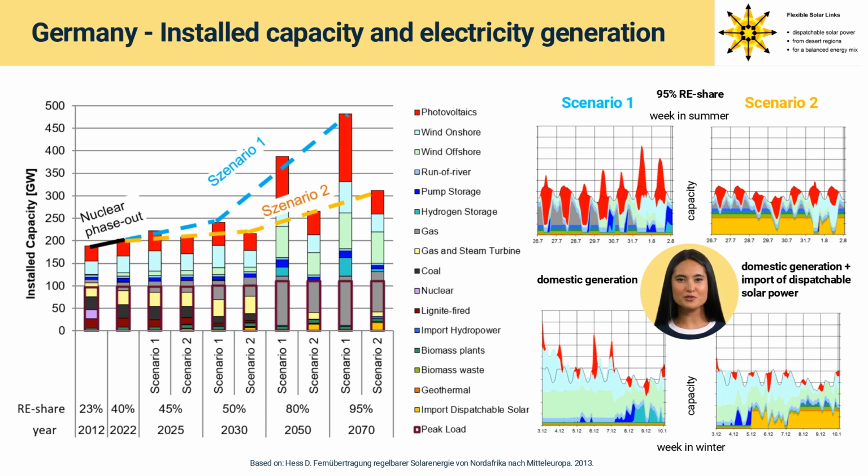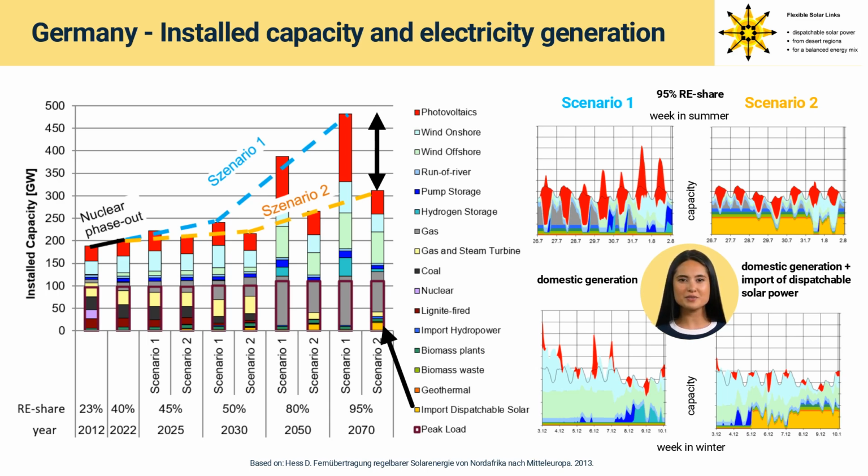In both scenarios, firm capacity is provided predominantly with gas turbines, allowing a flexible supply according to demand. In an energy system with around 95% renewable energy share, higher installed capacity referred to peak load is indispensable. However, scenario 1 needs around 150 gigawatt more installed capacity, which is around 50% more installed capacity than scenario 2. Thus, around 10% installed capacity of dispatchable solar power from North Africa can reduce total installed capacity of the energy